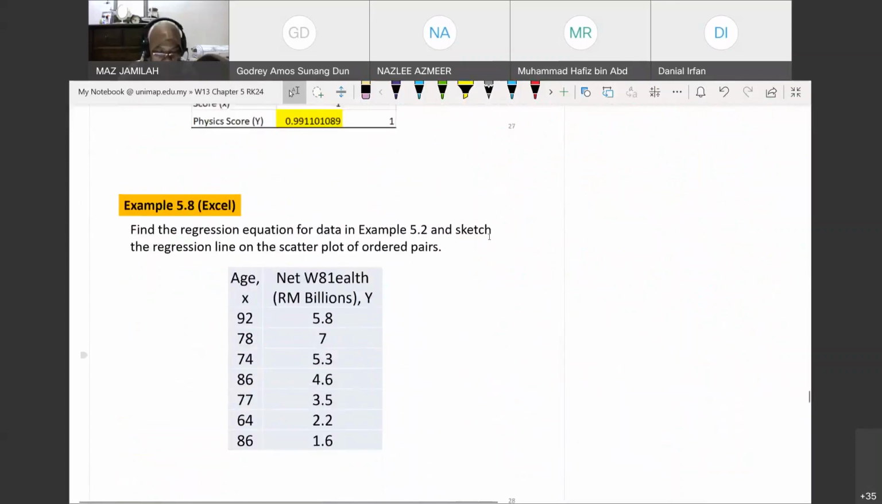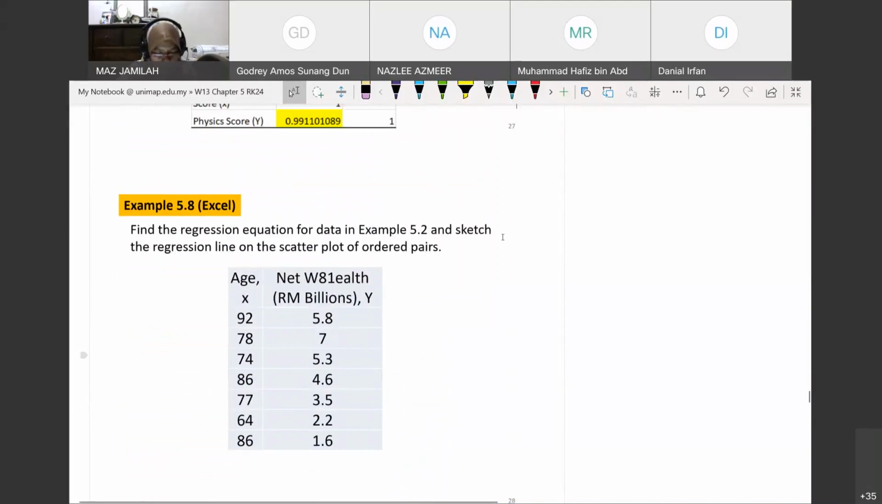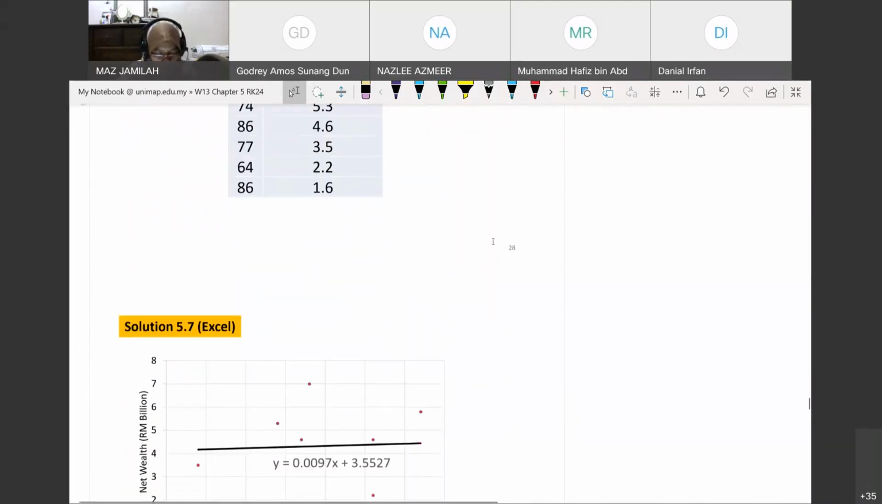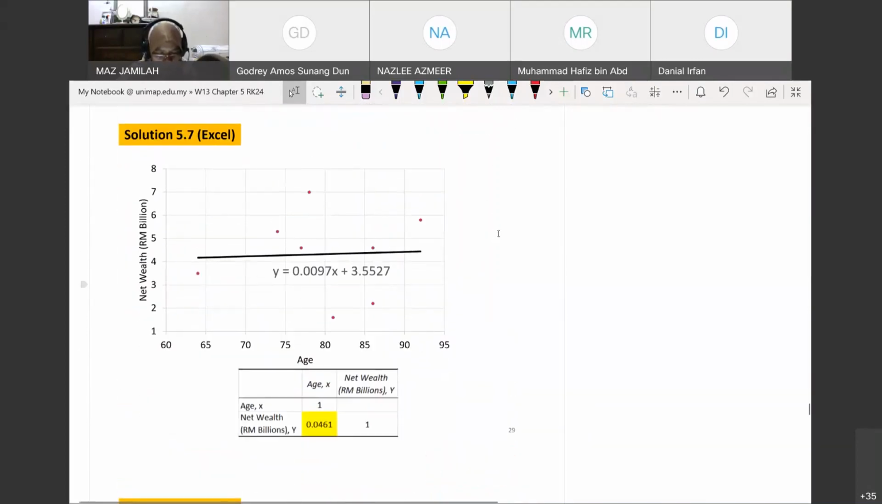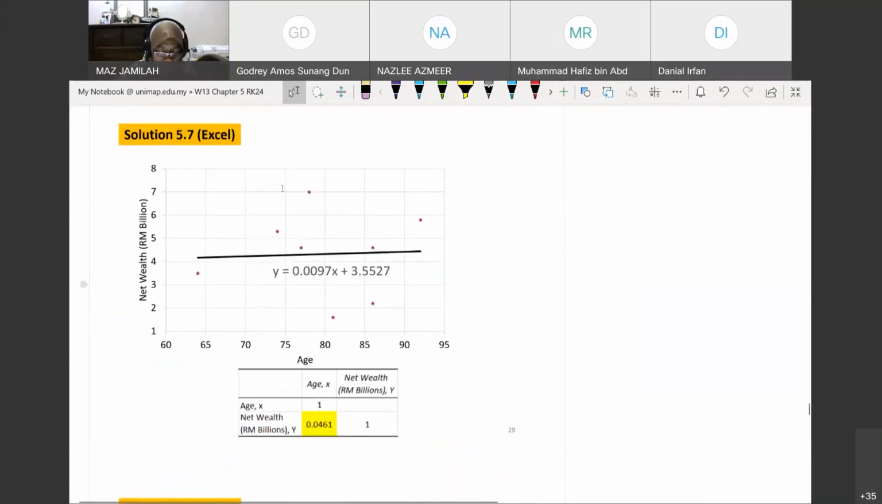Okay, so now class, for that question 12, you have this. I don't think we need to discuss it, because the correlation is very weak, so it will not be